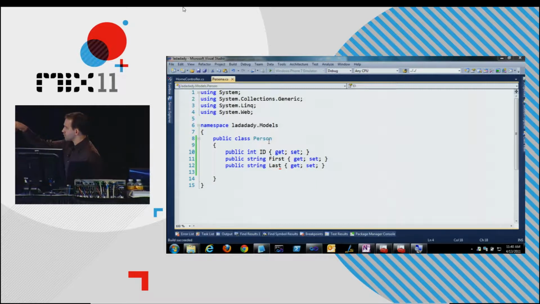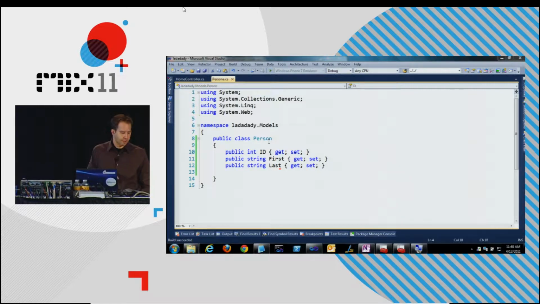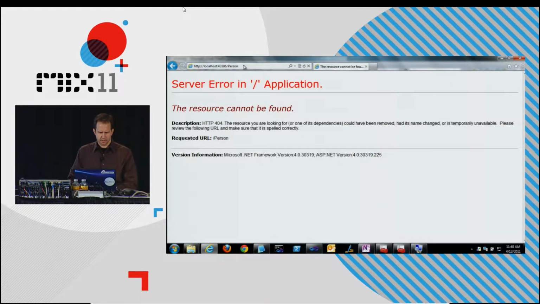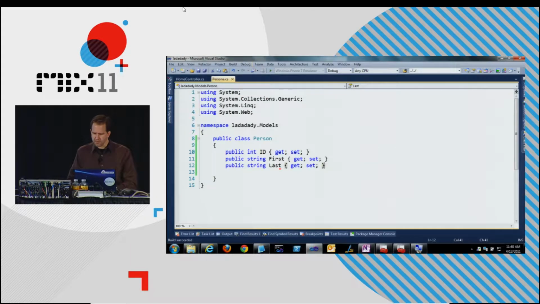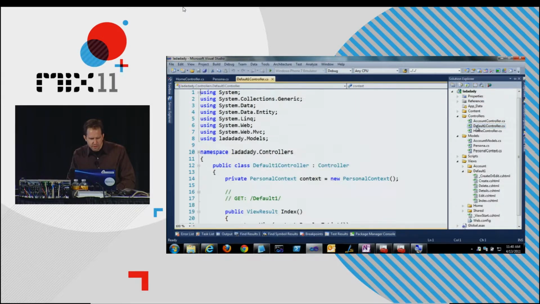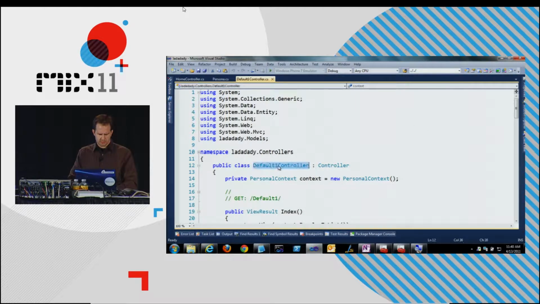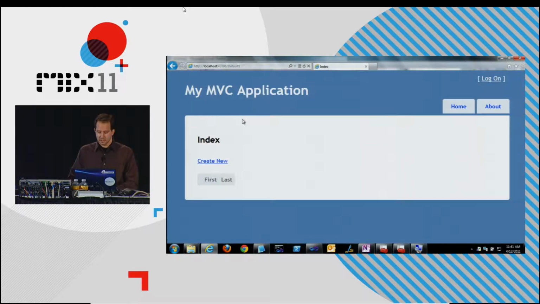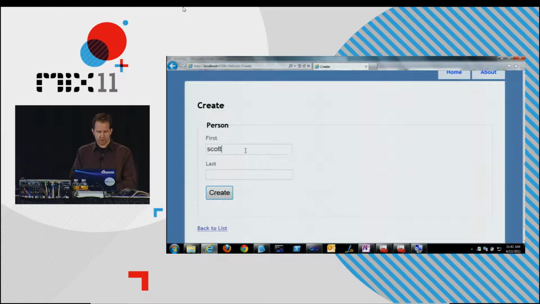Entity Framework Code First makes this possible, being able to just say something like person and then scaffold out a bunch of stuff. Let me try something interesting. We scaffolded out person. Let's see what that page looks like. I think I named it something wrong. The controller, did I seriously call it default? All right. We're going to go ahead and visit the default one page. Hey, what happens in Vegas, people? So I've got first and last. If I go and say create new person,